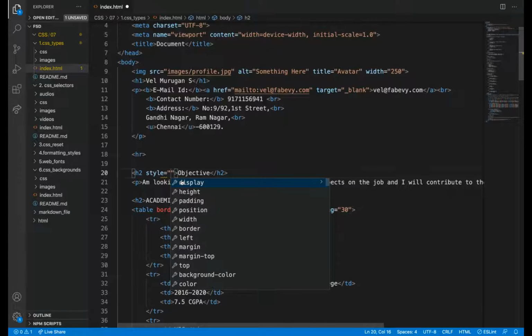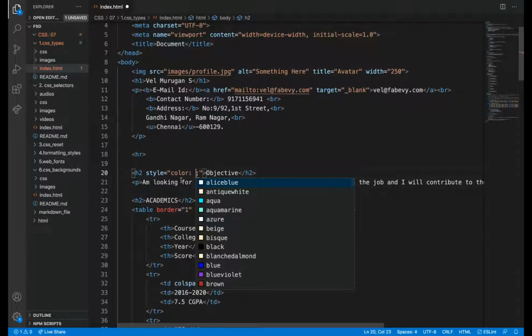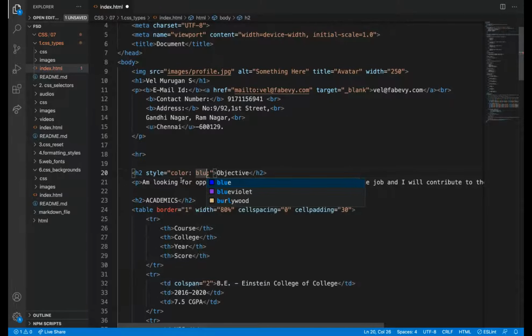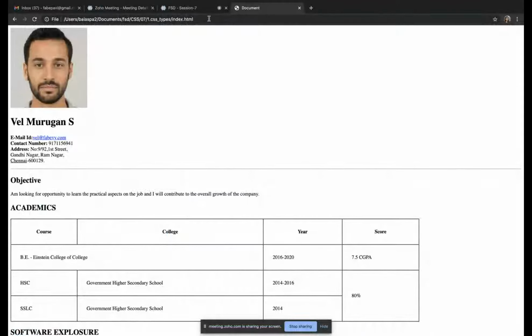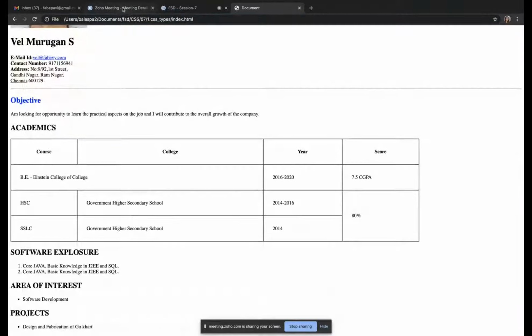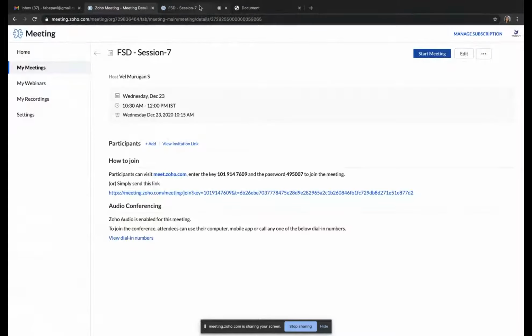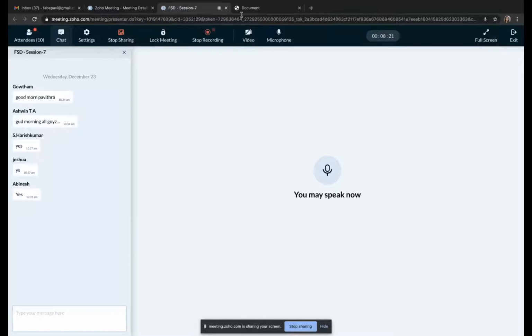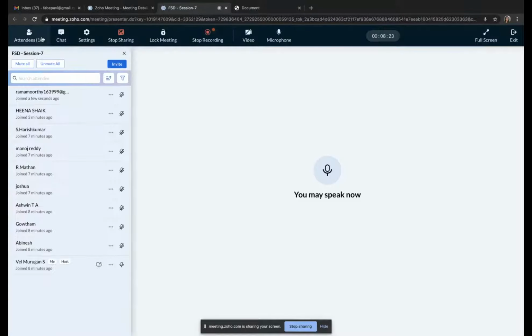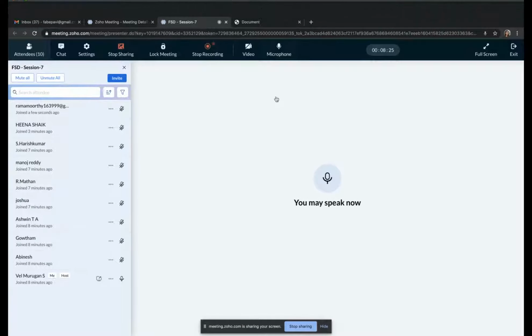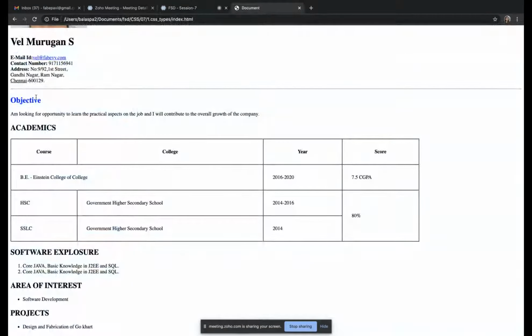So what we are going to give is color blue. So we gave color blue to this h2 tag, right?